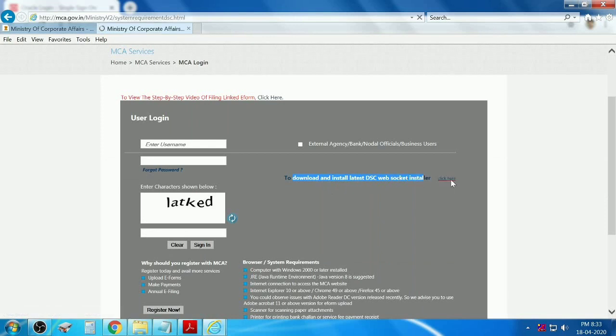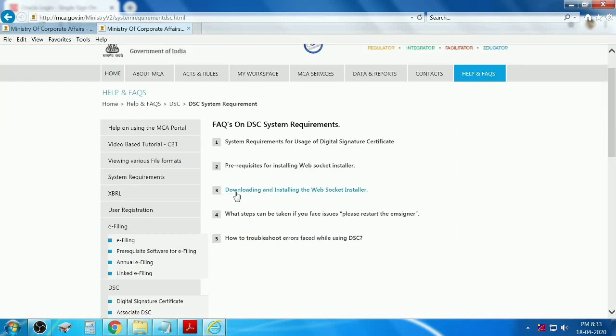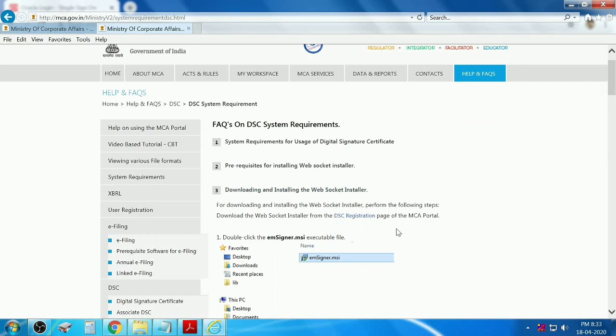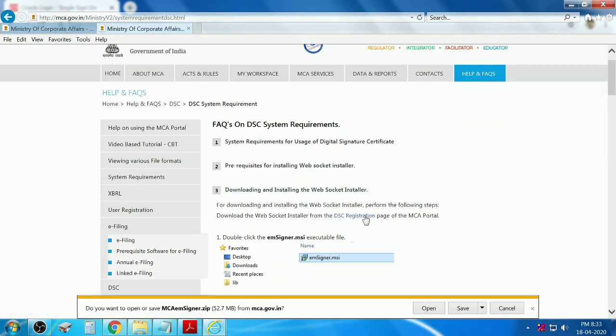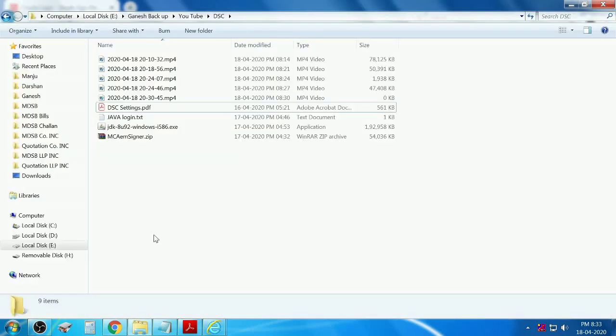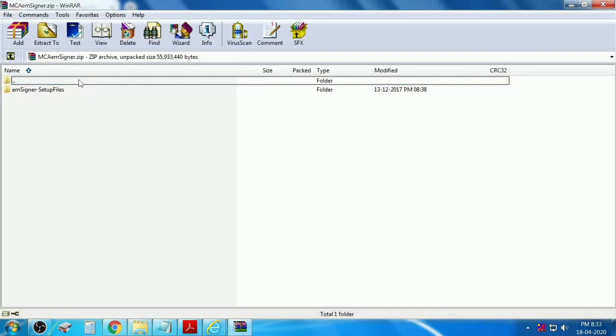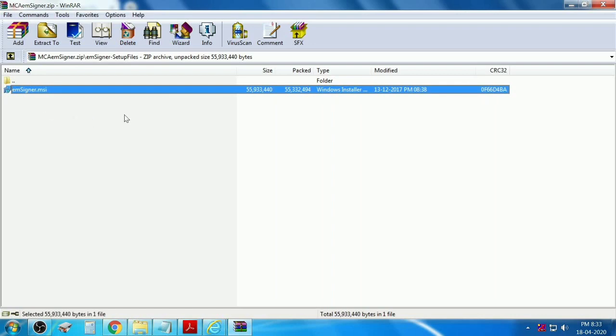Click here. In the third FAQ, you will find the link for download. Click on DSC registration. It will ask you for download. Save that setup file. After downloading, you will get a zip file. Open that file and install this setup in your system.